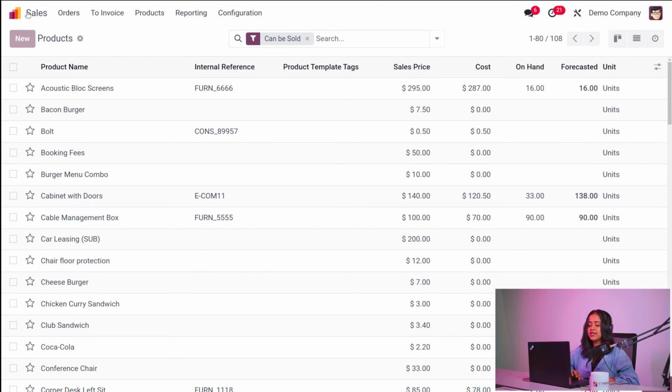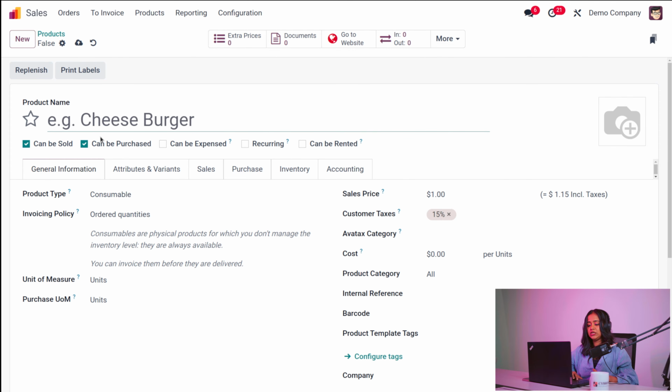Now here I'm going to create a new product. Simply click on New, and here comes the product name. I'm putting the product name as Phone. Can be sold and can be purchased are automatically checked by default, because this product can be bought and sold. So in the purchase module as well as the sales module, you can use this. When you are creating an RFQ or a quotation,